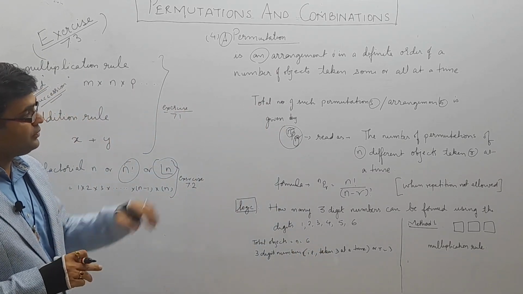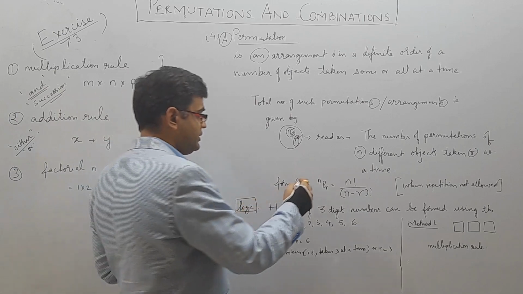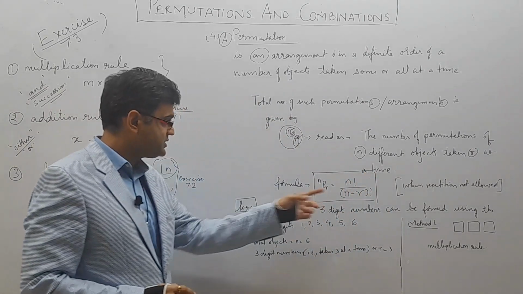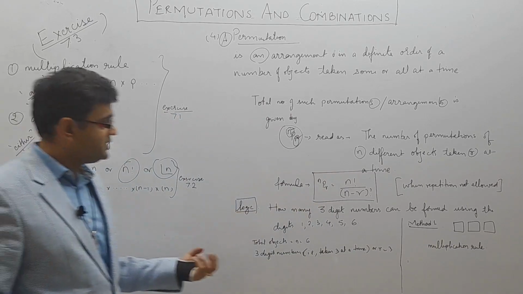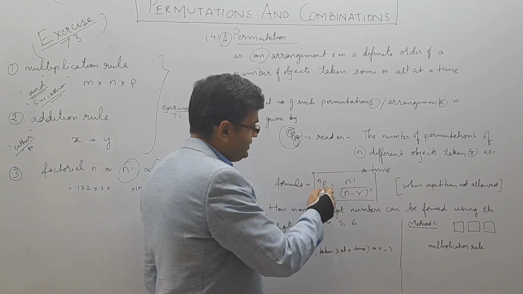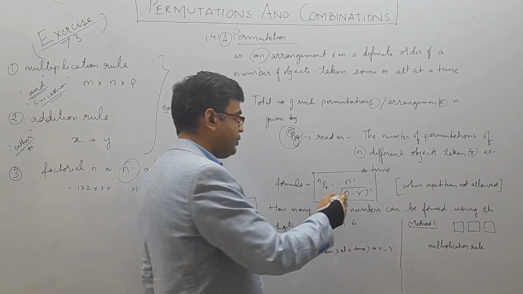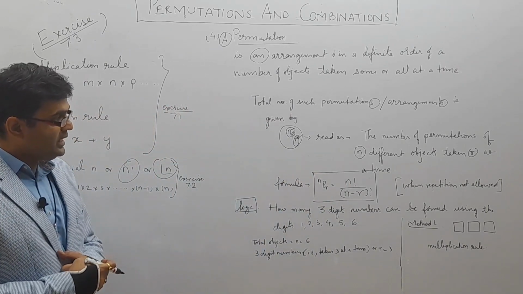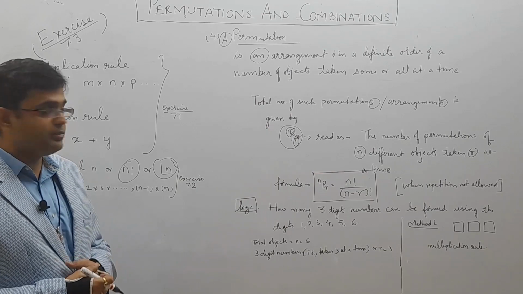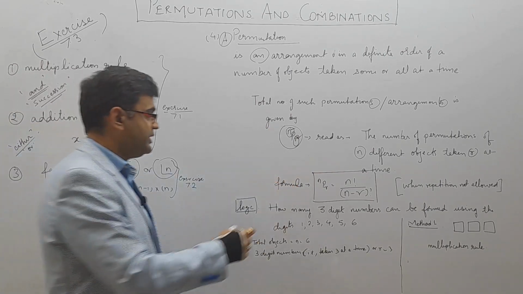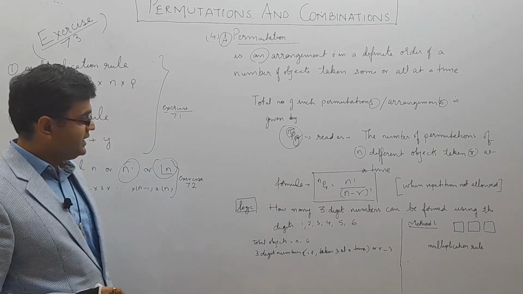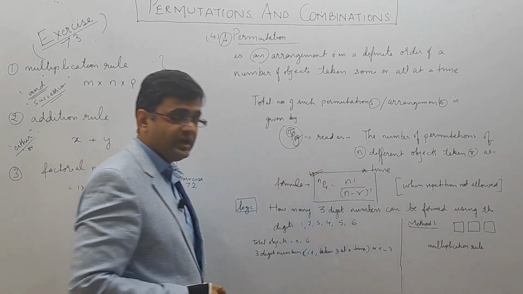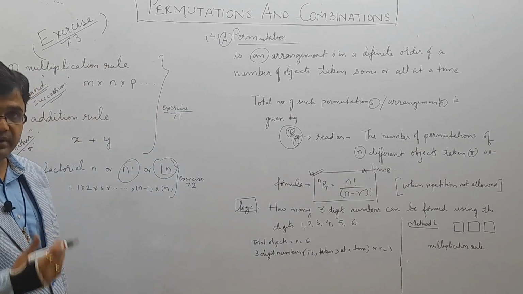So now the formula for nPr is n factorial. Here is where this concept of factorial is being used. So nPr is nothing but n factorial upon (n minus r) factorial. Now when I explain with the help of an example, this will be very easy to understand. Let us take an example. I am giving you the logic behind this formula, the meaning of this formula and how to apply this formula.